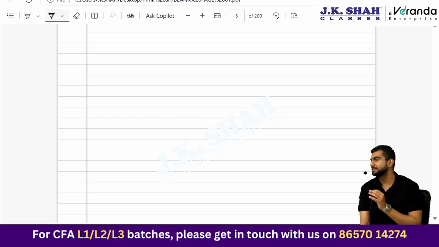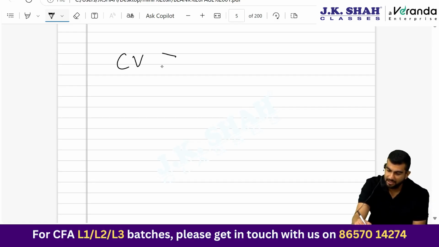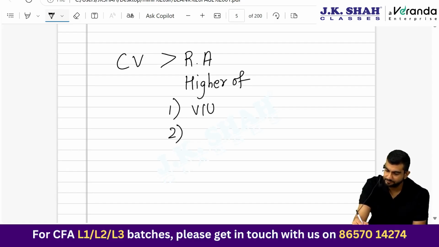Okay, now let's discuss long-term assets. Long-term assets, to a great extent we have discussed in balance sheets, the breakup of tangible, intangible assets, and let's discuss the incremental part now. Impairment. When it comes to IFRS, how do you impair an asset? Check if carrying value exceeds the recoverable amount, and recoverable amount is the higher of value in use or NRV.